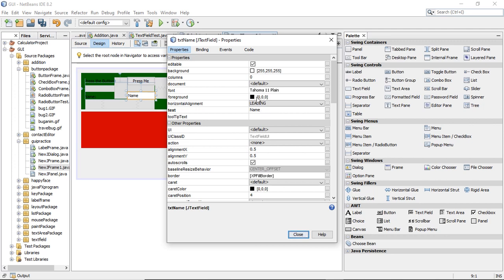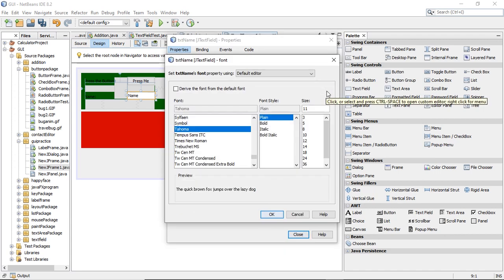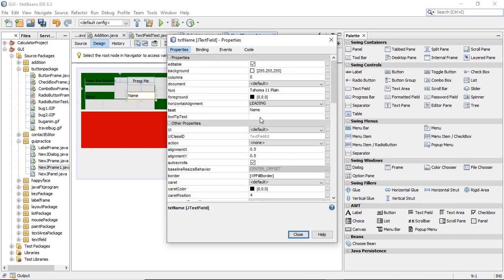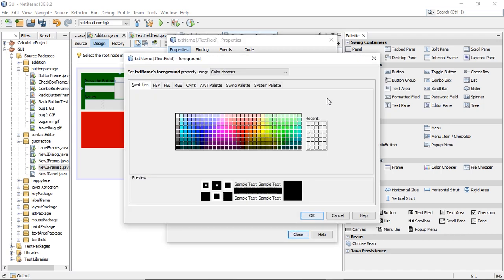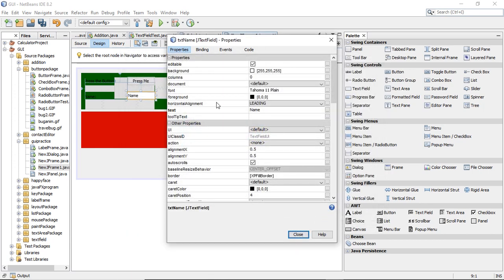So 0, 0, 0 will be black, and 255, 255, 255 will be a white color, and the rest of the colors will be combination of these colors. You can set the borders, you can set quite a few properties. For example, the font that the text box can have, you can choose from an option, the bold, italic boxes, and the type of the font from this list. The foreground will change the color of the font. Probably you can try different options, the ones you like,